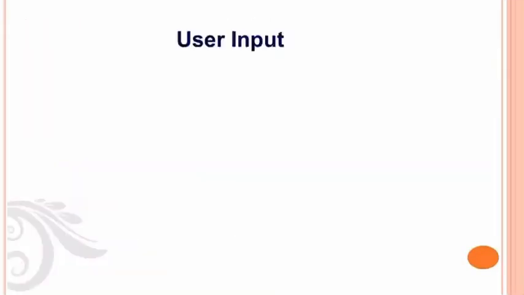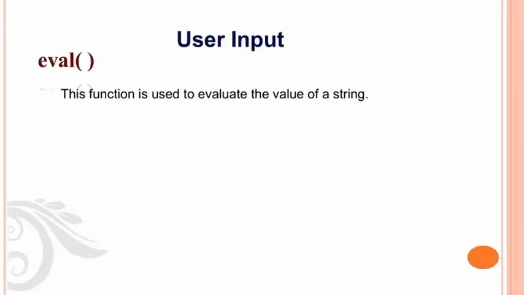Now we are going to learn how to take input from the user. Python provides two important functions for getting user input. First function is the eval function. This function is used to evaluate the value of a string. That is, the eval function takes a string value, converts the string to a number and returns the numeric